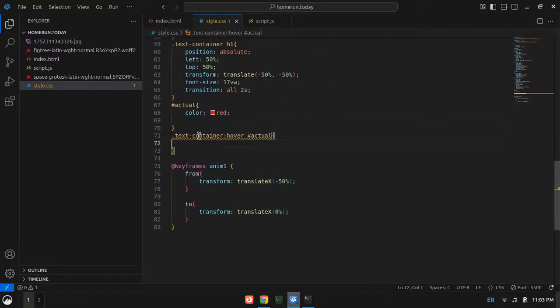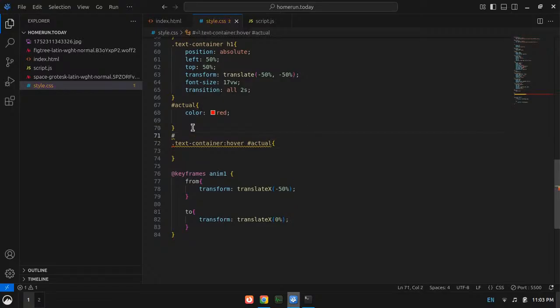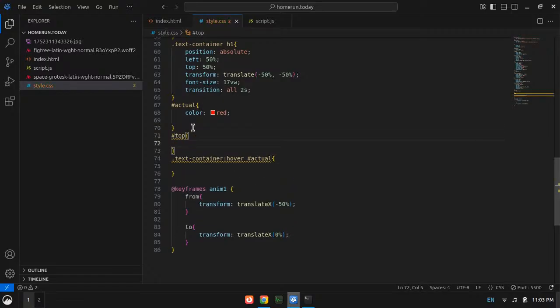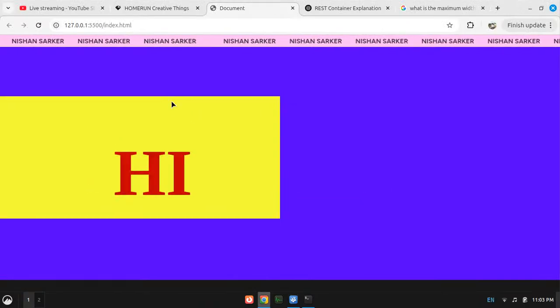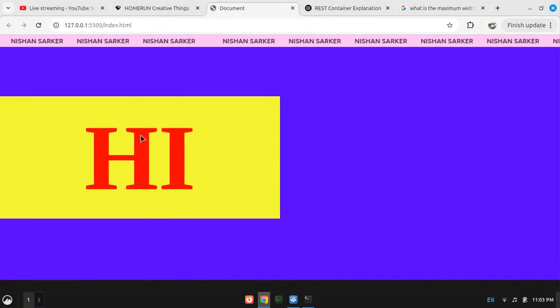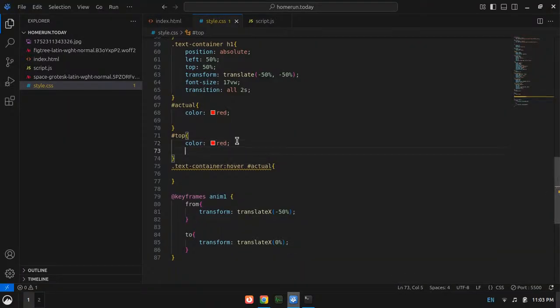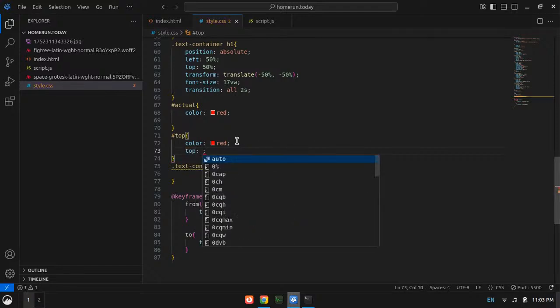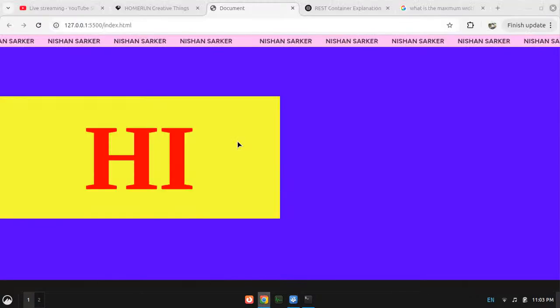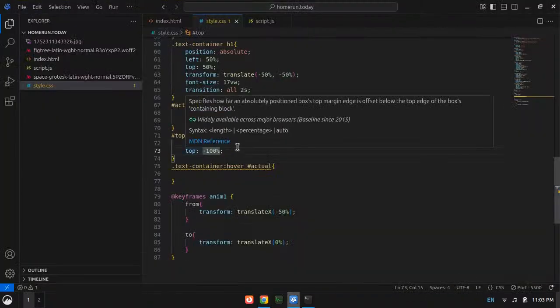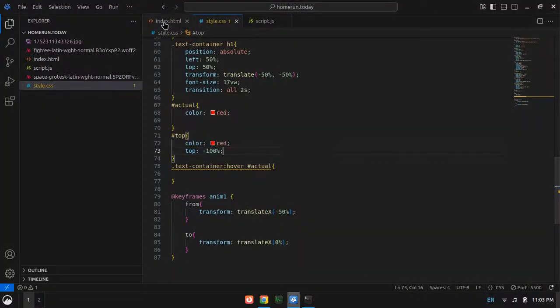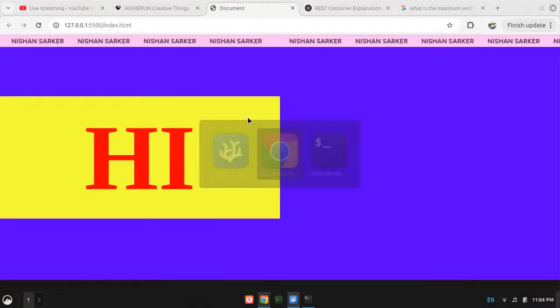Okay, so now what about the top, if I add color red? Okay, it is the top one that we are seeing. Now let's set it to top minus 100%. Did it go? It didn't go. Why? You should be positioned relative. Oh, I have a color red here as well. I will remove that.